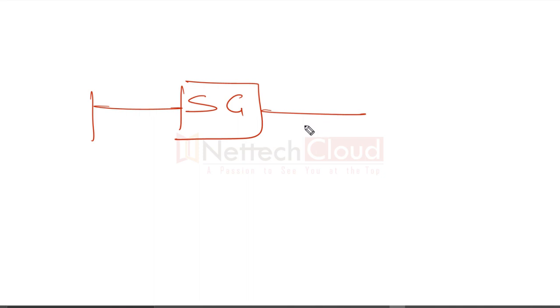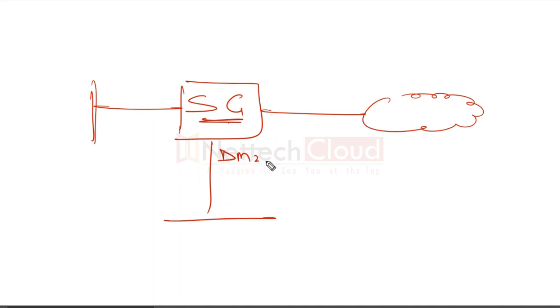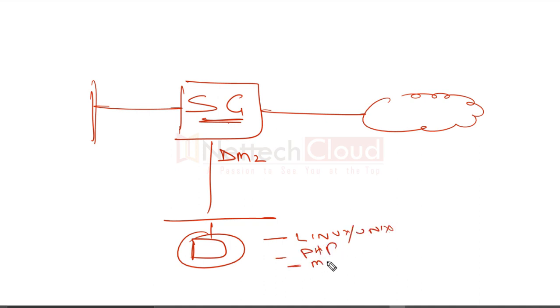So I don't want to get into detail of it, because it's something that would be discussed later on. At this point of time, I just want to show you how this web application firewall is different from the next generation firewall. So here is the Checkpoint firewall, of course the next generation firewall, and in the DMZ there is a web application, on Linux based PHP, and the database here is MySQL, complete database.